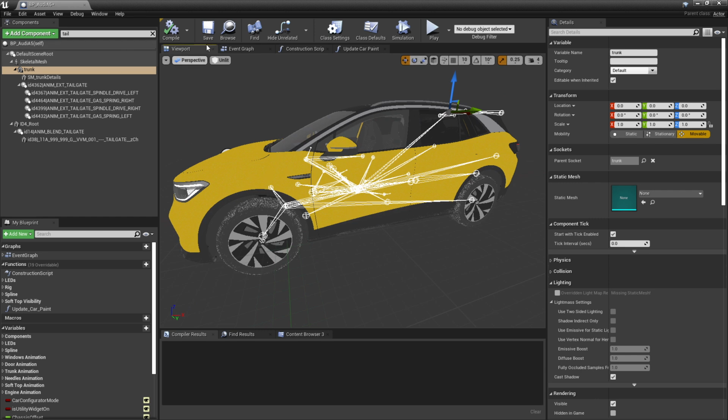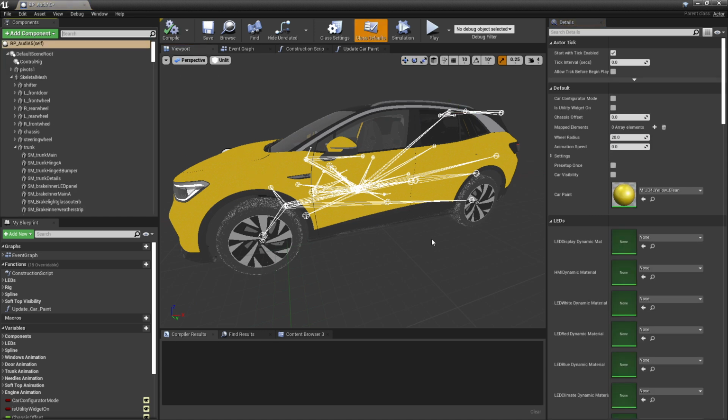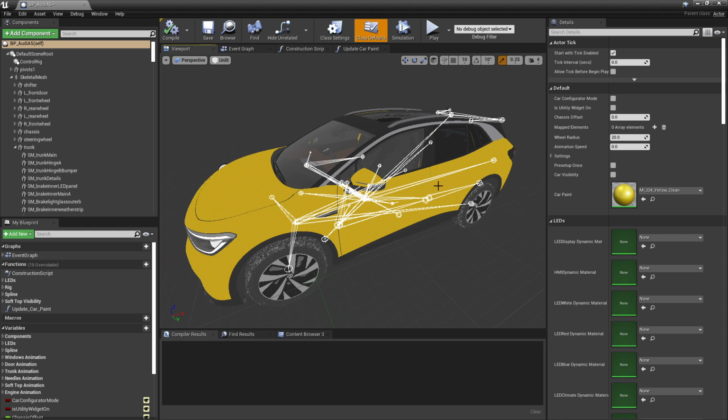So the final thing that we're going to want to do is get this rear door added in. And if you remember, we added this bone in. So if you look underneath the skeleton, there's no rear door null waiting to carry that rear door geometry along for the ride. So we need to add that functionality into this skeleton mesh. So how do you do that?